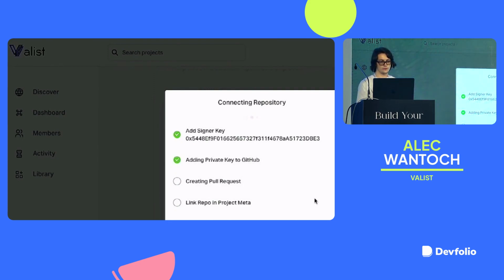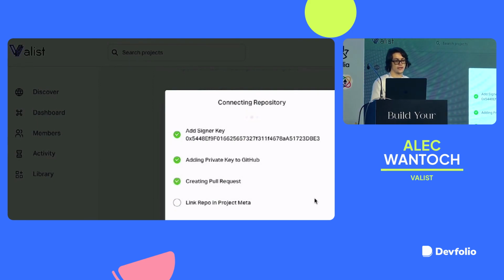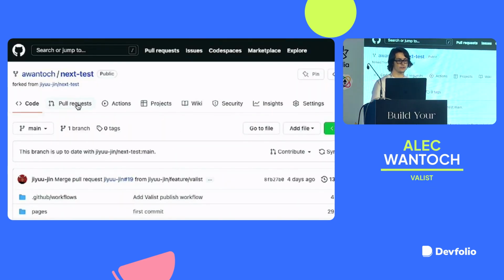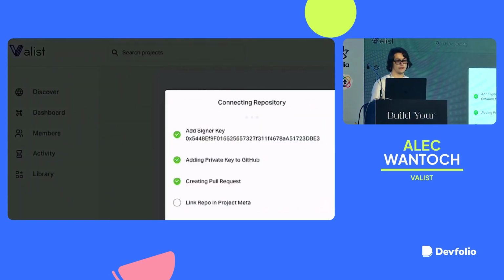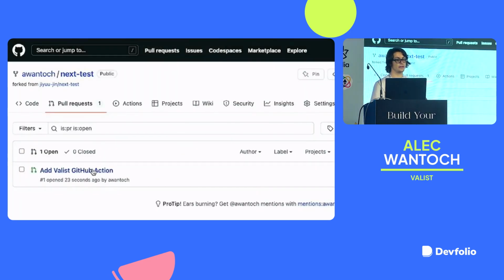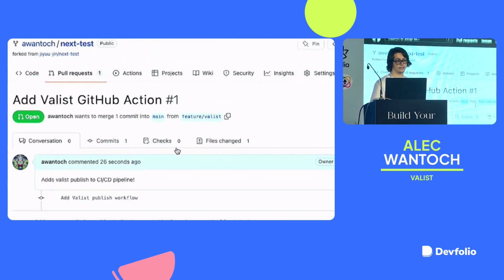Really all we have to do is just wait for this to roll. It's going to create that pull request, and then it's going to relink that repository back into our Valist account here. So it's going to pull up one more transaction to modify the project and do the final linking. And then it has also opened up this pull request. If I go back here, I could view this ahead of time, but this will also show us the new pull request after this transaction is mined. But since it already made it, I could just go directly there.